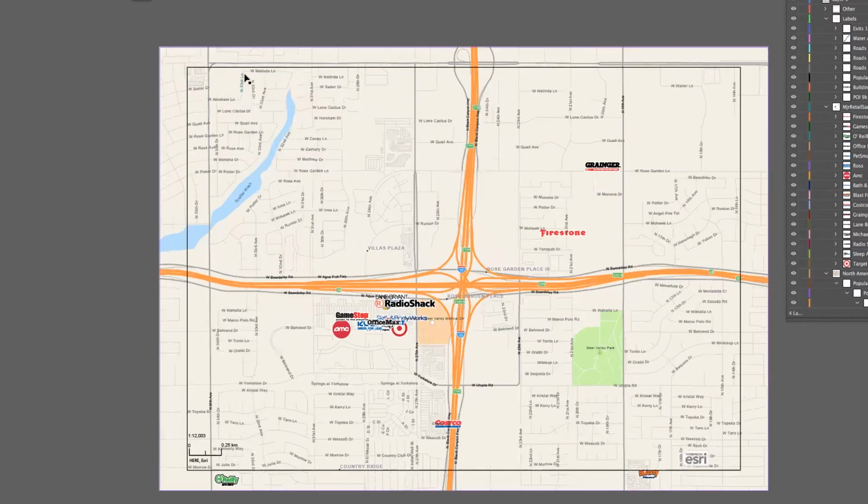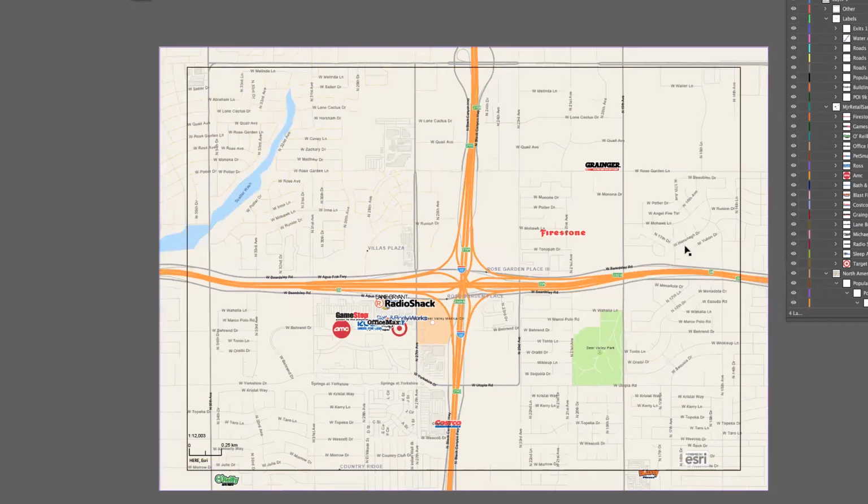So this is done, and now what you can see here in the final map is all the vector artwork. All the text is editable text. The roads are all vectors. You can see me as I hover over the text. And you'll notice that all those generic looking circles have been replaced with these very detailed vector symbols